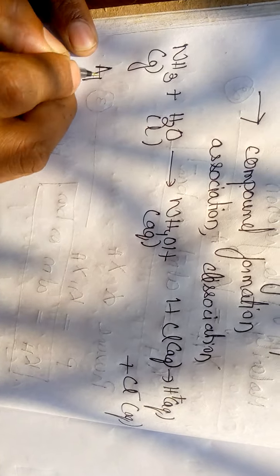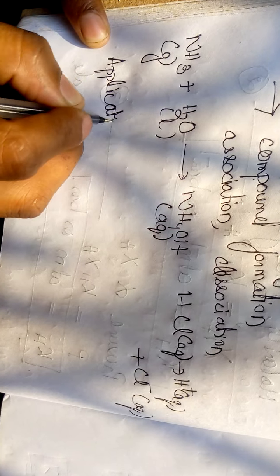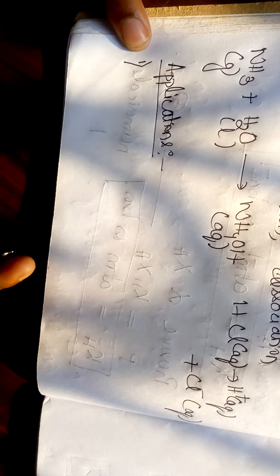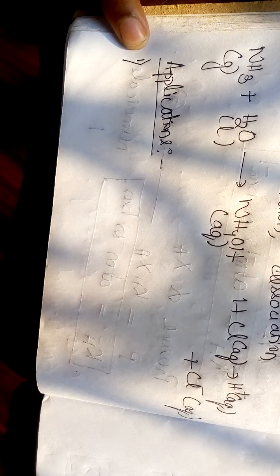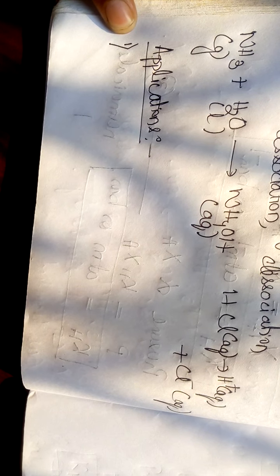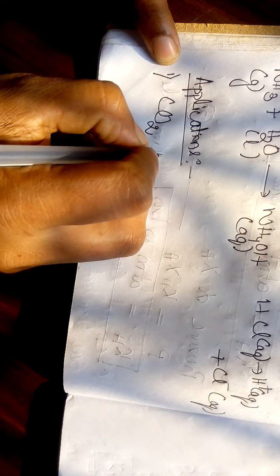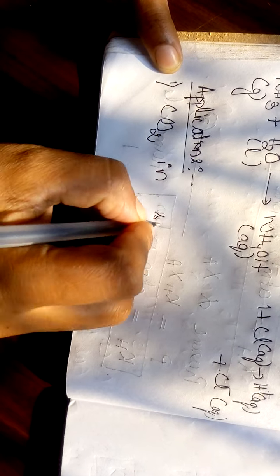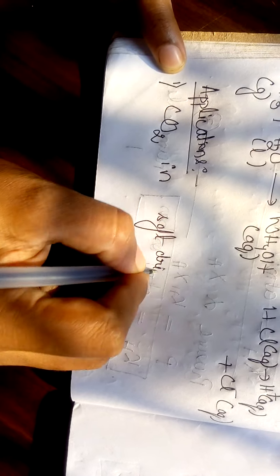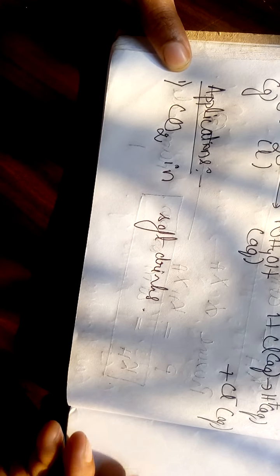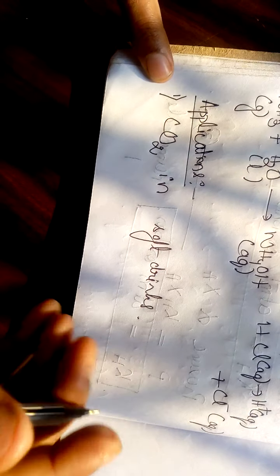applications of Henry's law. First application is, Henry's law is utilized in the production of carbonated beverages. To increase the solubility of carbon dioxide in soft drinks, the bottles are sealed under high pressure. When the bottle is opened, the partial pressure of the carbon dioxide gas decreases and carbon dioxide bubbles out. The second